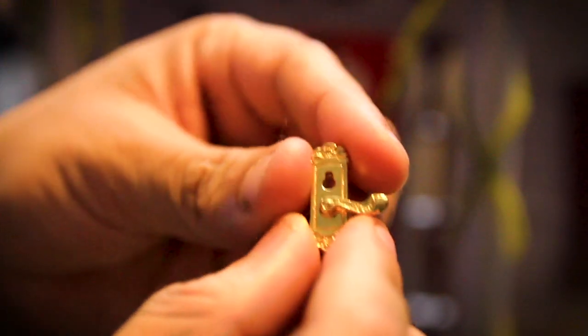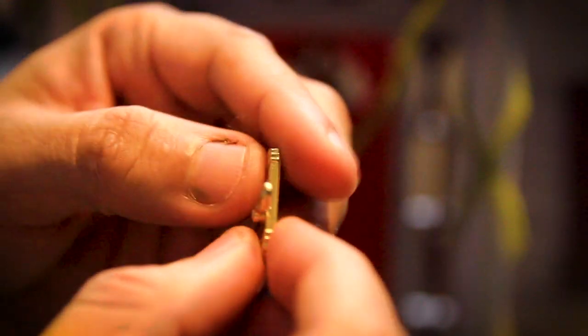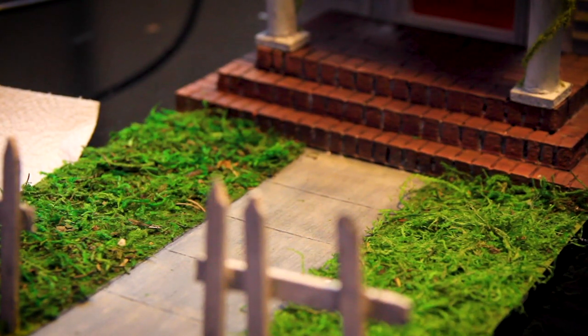Alright guys, next up is the door. So I got this cool little cute lock from Wish. Free guys, just pay for shipping for free. Alright, so next up I'm gonna